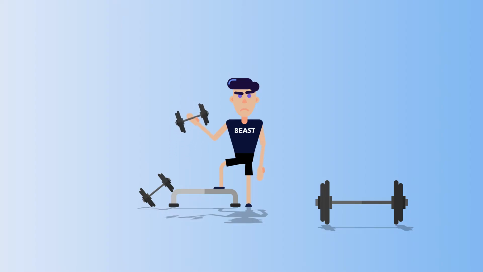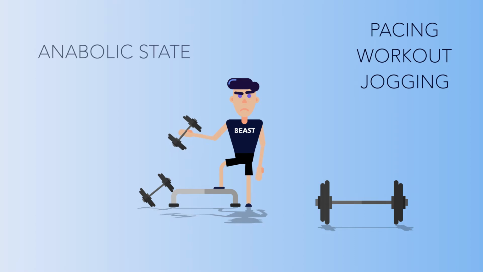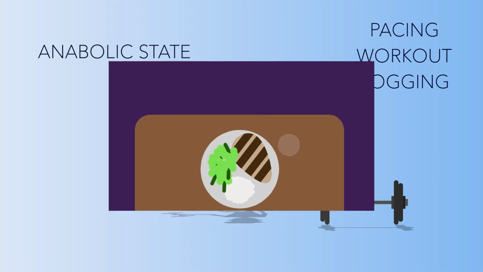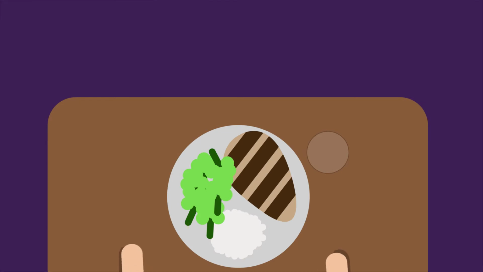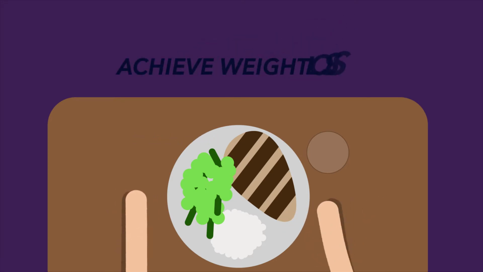First of all, it is true that you can be in either a catabolic state or an anabolic state at a given time, which means that if you consume more calories than the calories you need for a day, including all activities you have done such as pacing, working out or jogging, you are in an anabolic state. In order to lose fat, you have to do the opposite, which is to consume fewer calories than you need in a day so that you put your body into the catabolic state. That means you have to be in a caloric deficit in order to break down your fat cells and achieve your weight loss.